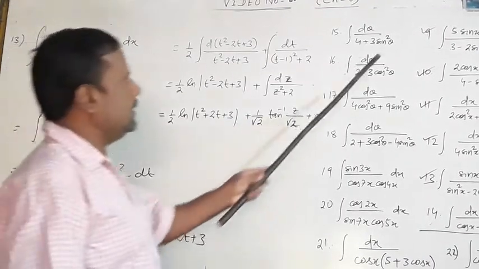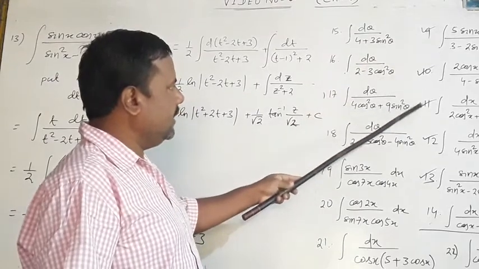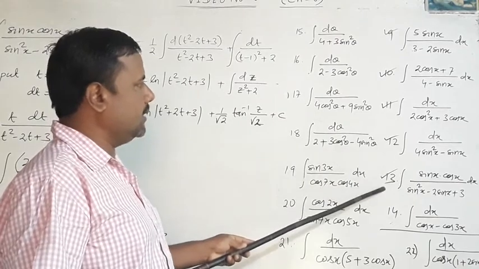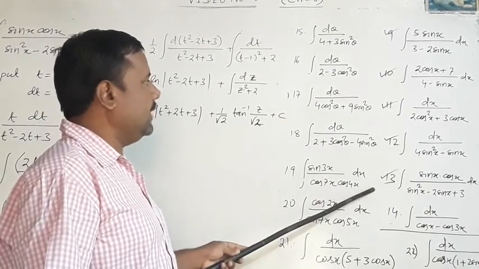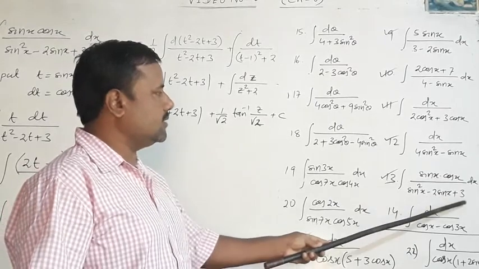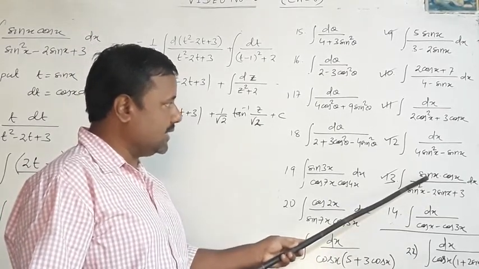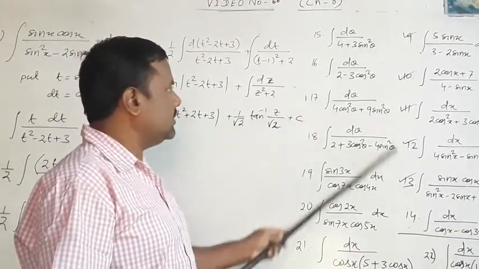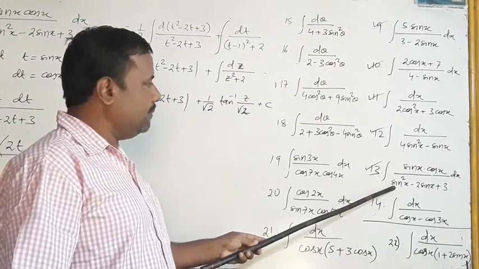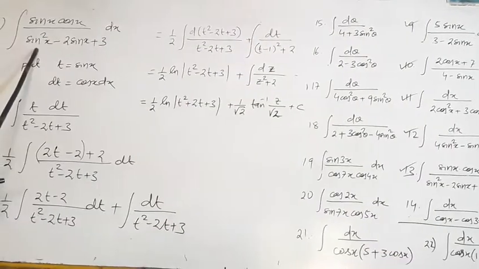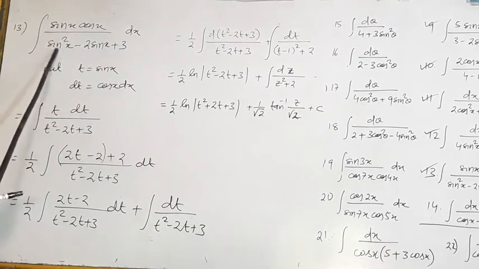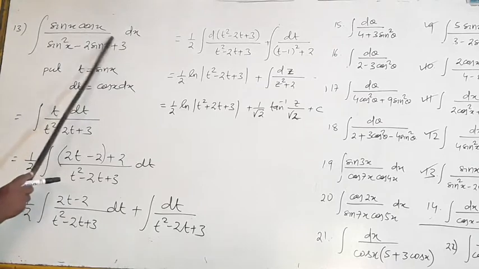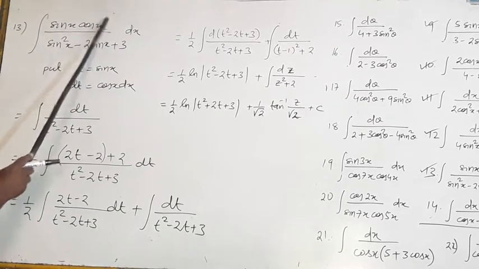Now look at problems 9, 10, 11, 12. Look at the difference between them. Now number 13 is totally different from 9 to 12. Here sin square x, sin x, constant. Here in the numerator there is one sin x, another cos x. This problem is easier than those. Because sin square x, sin x, constant, and cos x there, again sin x there, no problem. The relaxation point is that the derivative of sin x is cos x, which is in the numerator.